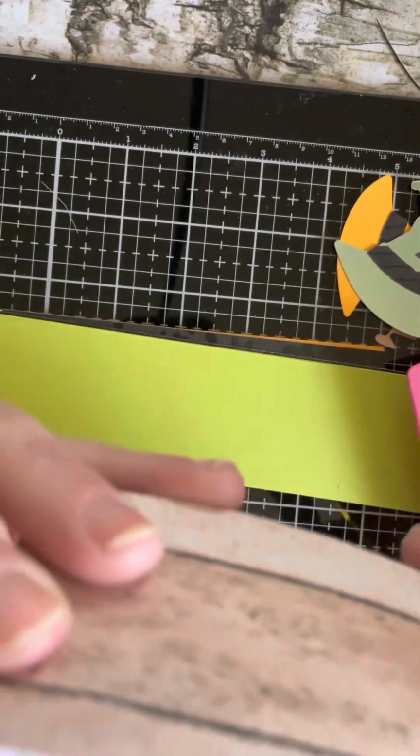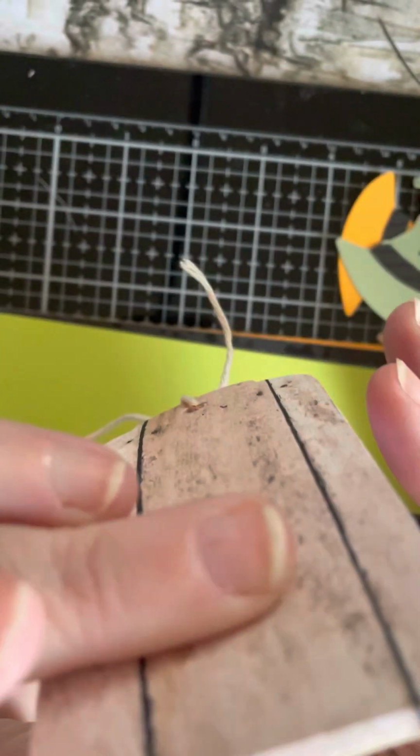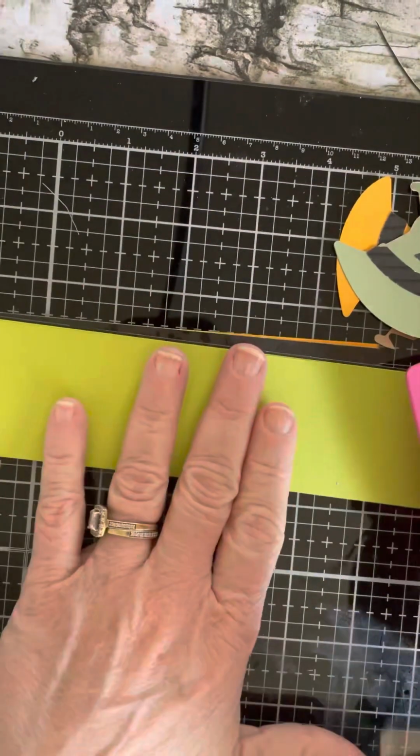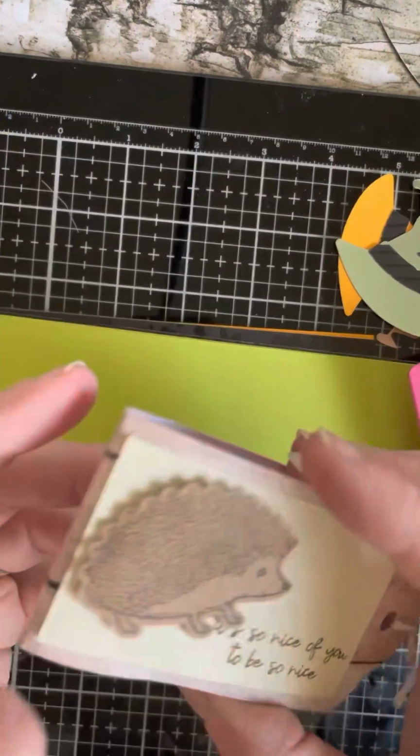Now, I will start off by saying, in Anna's video, she gives score lines for folding it. I did it on this one, but I didn't write it down, and when I went back to look at the video, I guess I skipped over that part. I just fold mine in half, and it works just as well. Now, this particular one, you can make them longer. You can make them smaller. This particular one is sized